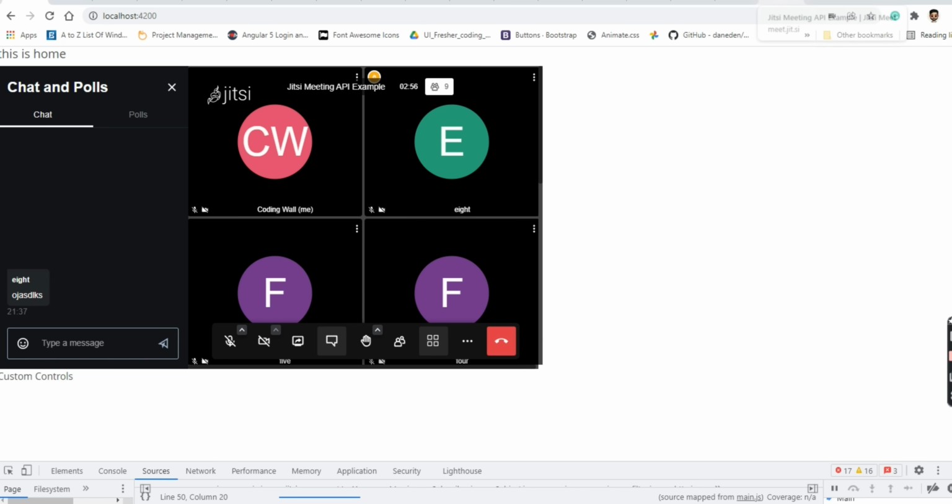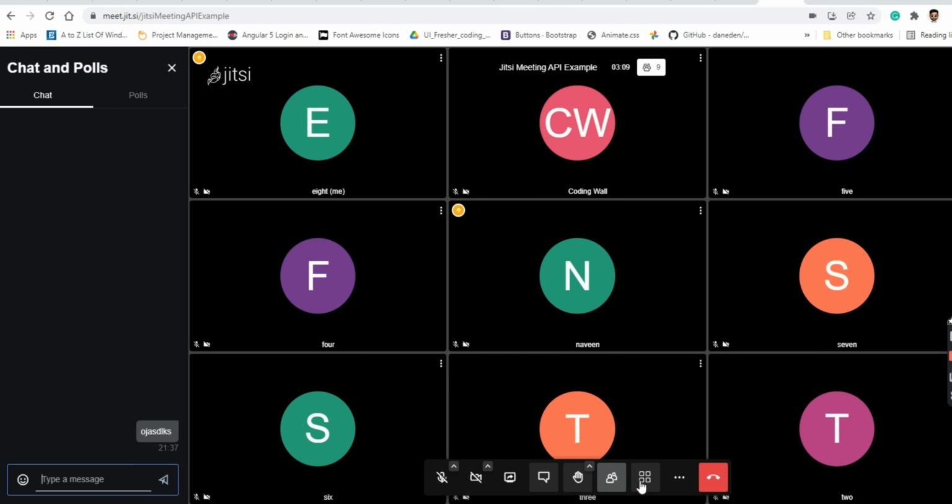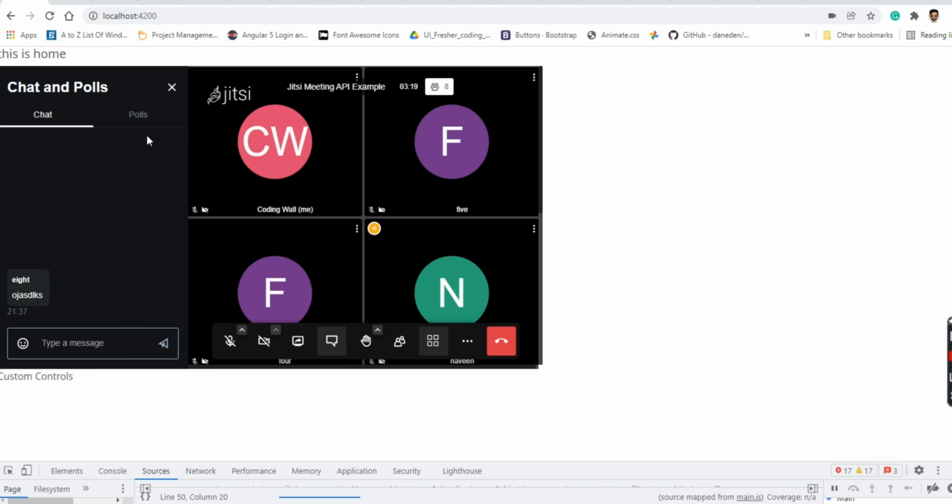So in this way we can integrate meetings in Angular. So if you want, you can check the Jitsi documentation where you can get the complete customization for meetings and all. So here we go. I'm closing this. We got this.